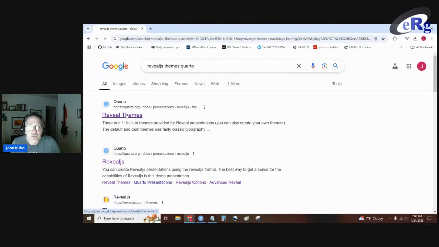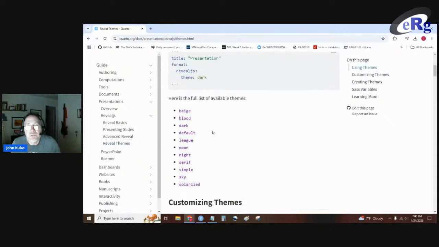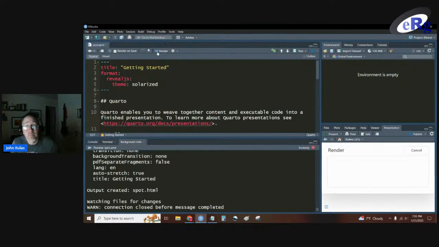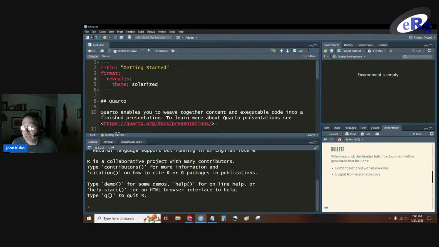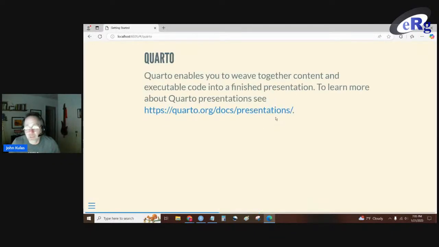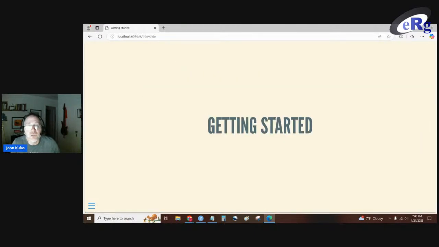And then again, you would just build your slide deck to be consistent with something that you like, just one slide at a time. You just put content in there. Solarized, I don't know what that is. Let's see if this works. And so it should apply that theme to every slide in my slide deck, and it looks like it's kind of a beachy kind of look. You can see the font changed and the background's changed.